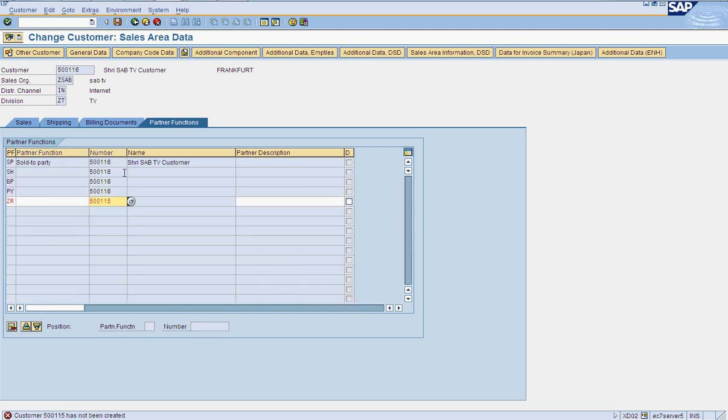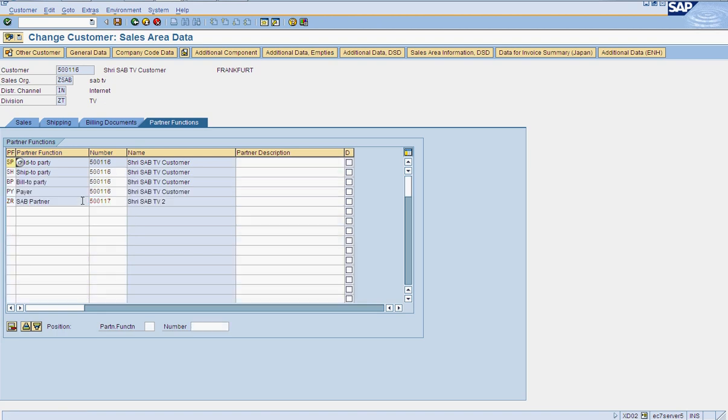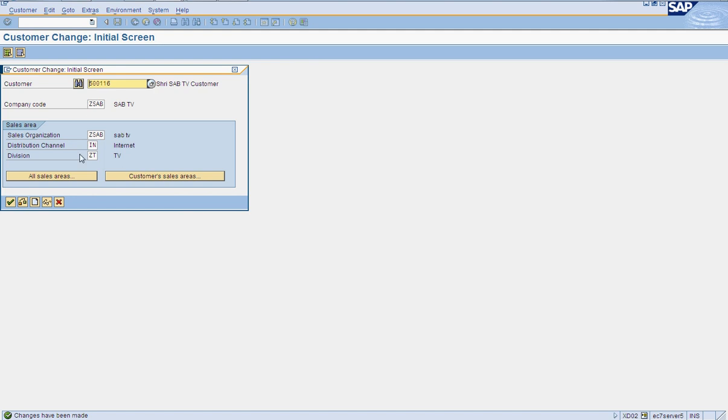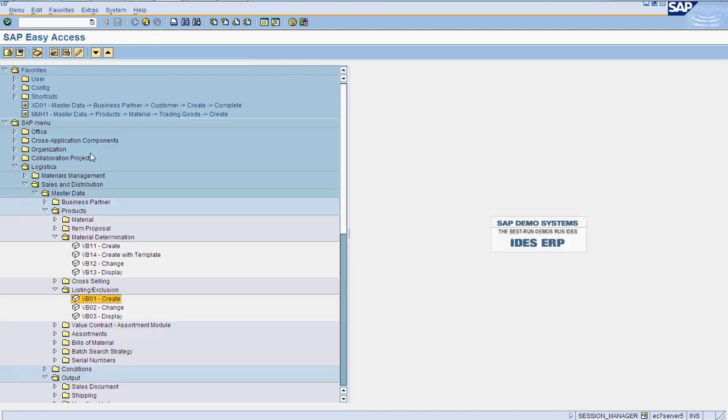Okay, it's giving an error that it has not been created. No problem. So for this moment of time I will give this 17 and save it. So we have created customer master. Now we have to create